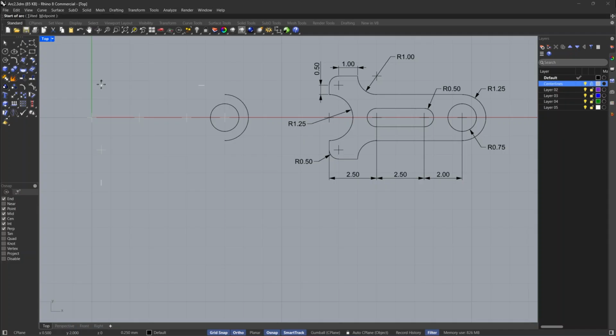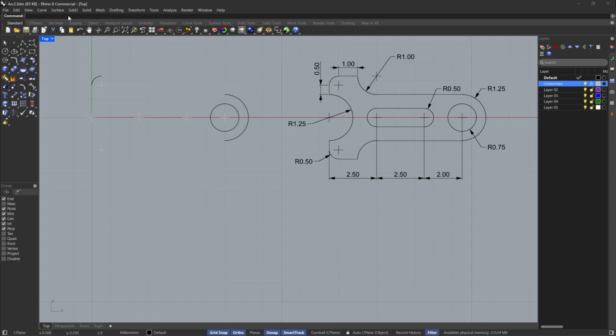For the start of arc, type 0.5, then press enter. Toggle in the straight up direction and click. For endpoint or angle, type 90, then press enter.